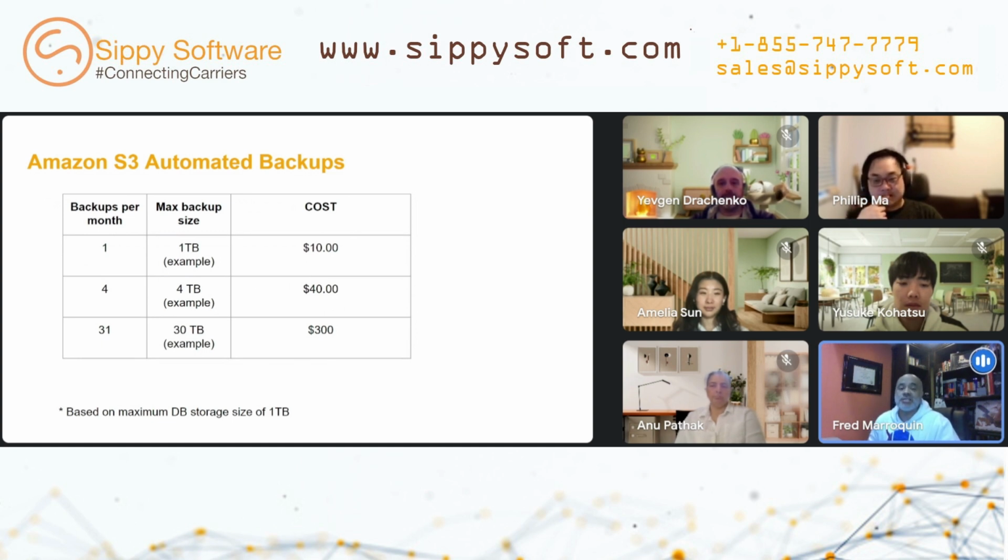So in this case, we decided to deliver automated backups, which essentially would help you in the event of a complete catastrophe. So the automated backups would allow you to restore your system from complete scratch by way of encrypted data that our team would have access to, and only our team would have access to. And with our help, you'd be able to have your network back up and running.